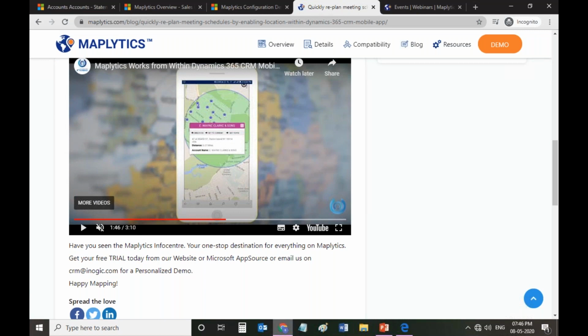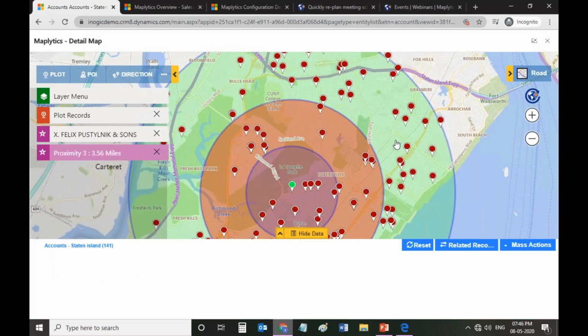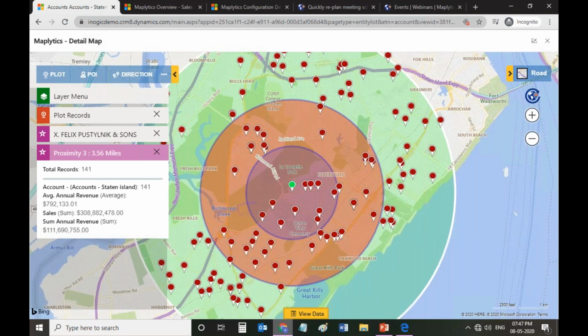So let's go back to the page of detailed map. Now here, if I click on the outermost circle, you'll be getting the information about all of the push pins that fall into all of the three circles. Like here, you can see this is the summary card that opens up, and this will give you the information on all of the records that fall under all of the three circles. So this information is based on the configuration that you have done within the entity maps. So you can decide what data should be shown within the summary card, right?